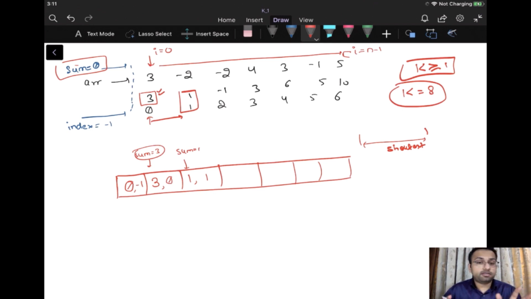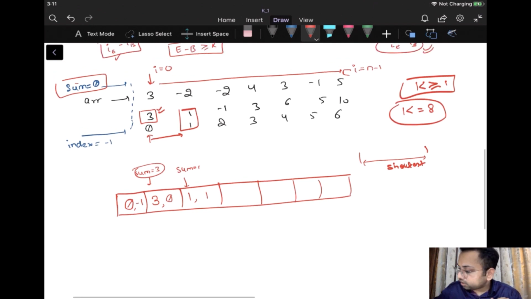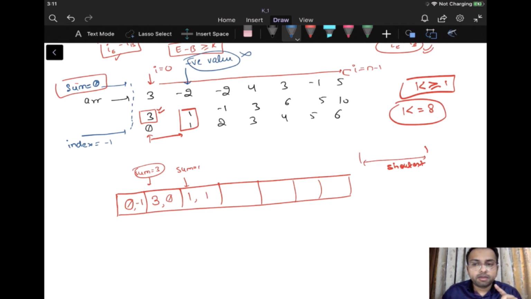It makes sense that I should never start calculating the range from some negative value. This should never be the starting point. Why? Because if we start from a negative value, then the answer would be of a greater length. It makes sense. So I will never start it from this particular point.